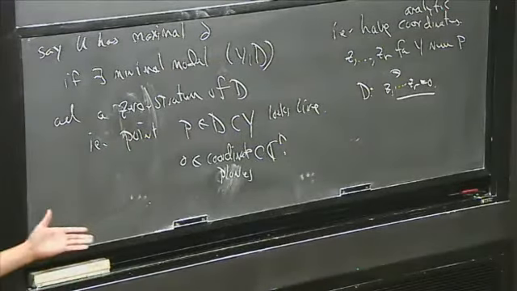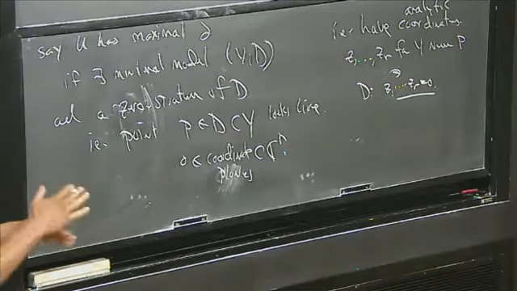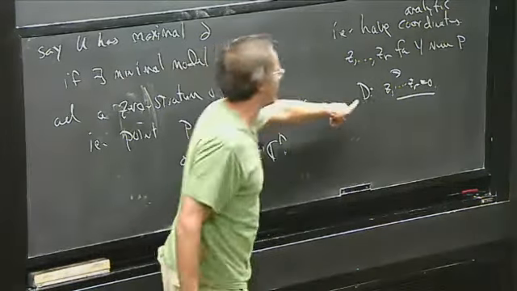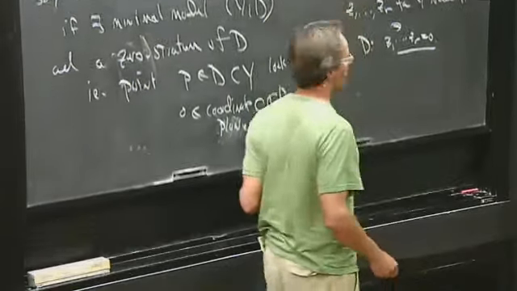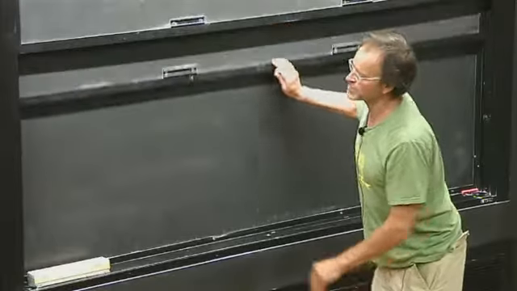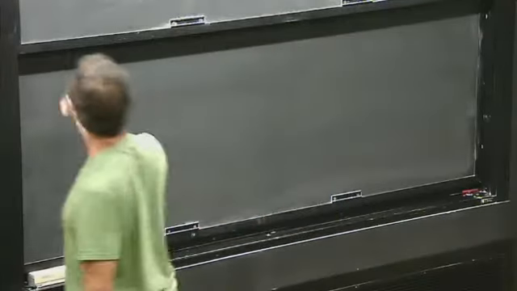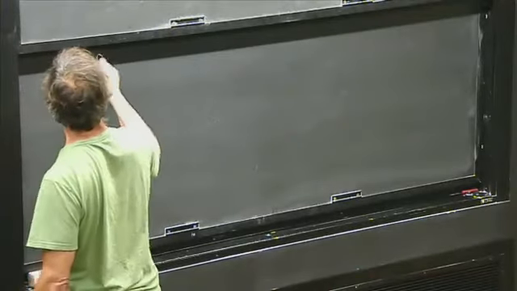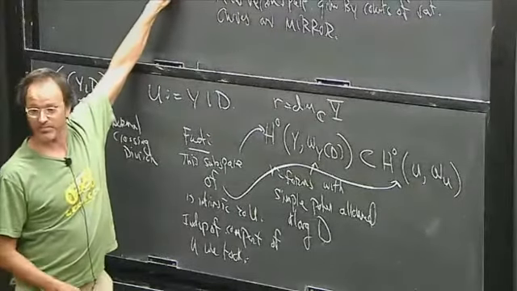How many possible components of something with normal crossings could you have? Because they're normal crossings, you could have as many as the dimension. I want to assume I have a point with as many components as possible. So this is as far away from compact as you could get. Now let me give you one last technical definition, and then I'll get to the examples. This is the key definition. The key idea is that a Calabi-Yau manifold has a canonical basis of functions. That's what I'm trying to show.